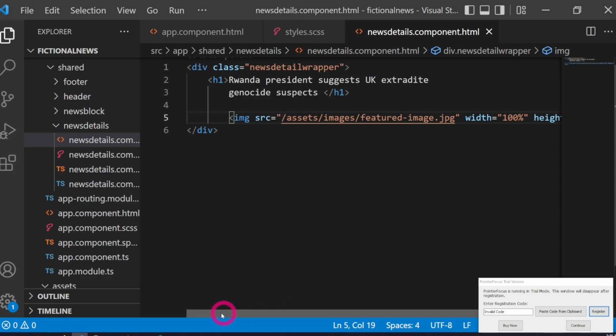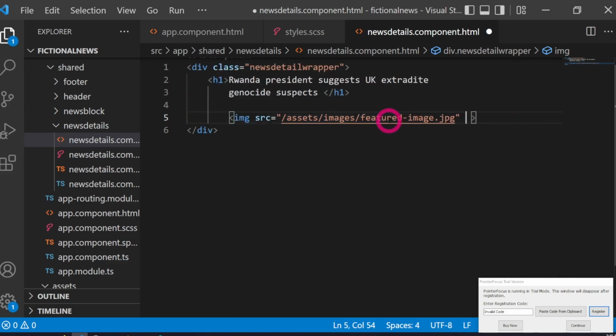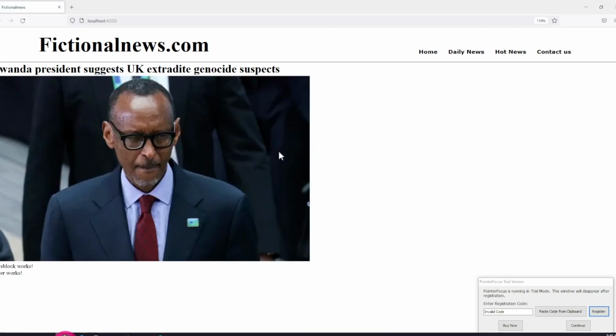I think I'm gonna take away the height and the width, and let it automatically display full size. Let's see, that looks better. Now I need to contain it just like we contain this one. This is gonna have the same spacing, and then it's gonna look nicer. So let's just do that.